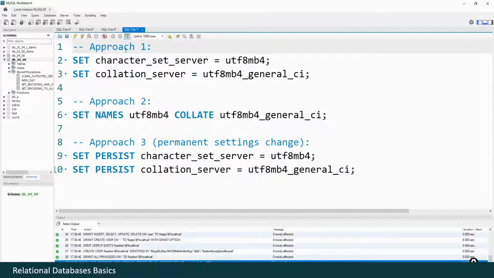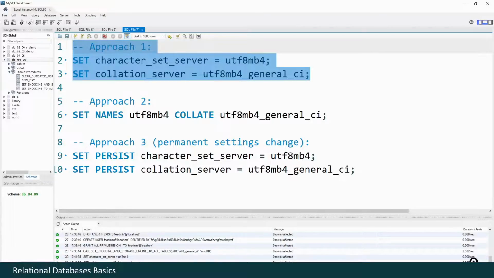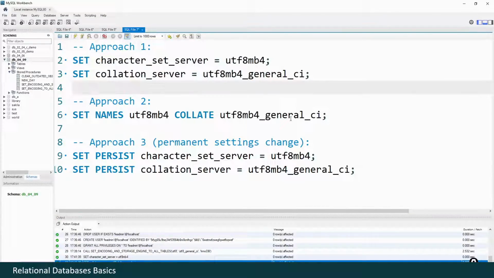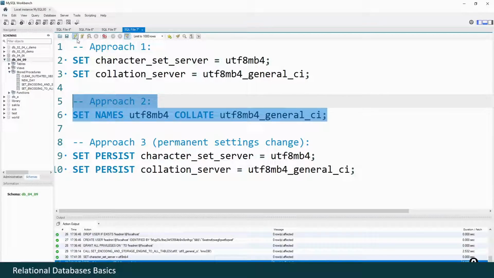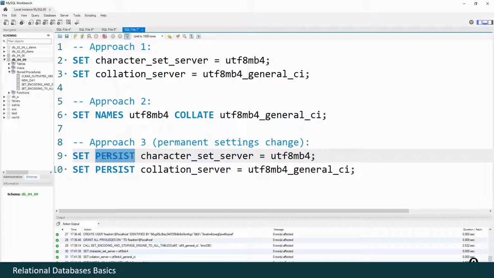And the last thing here is some settings of our DBMS and database. For instance, I want to change default collations and encodings for the server. I may execute such a code. You see everything okay? Collations changed. Or I may execute such a code. Everything okay. Or I may change these settings permanently. These persist words mean that after restart of the server, these changes will remain.